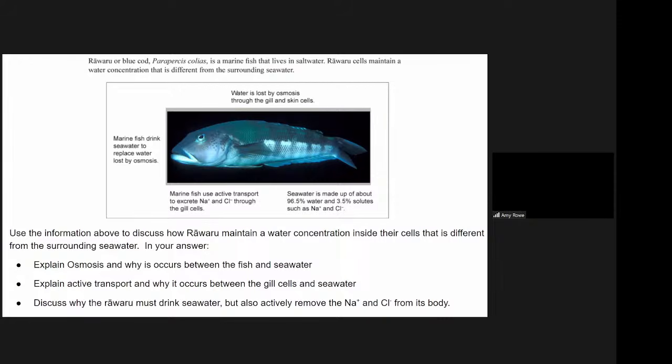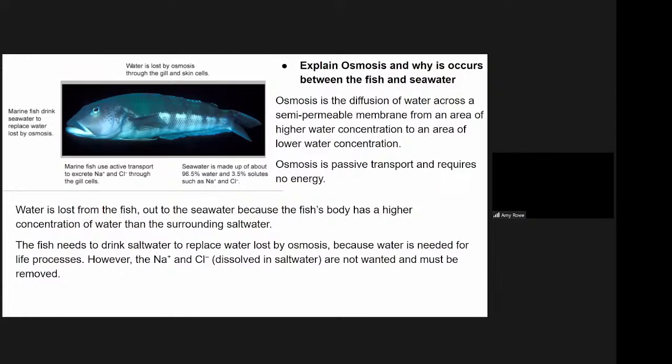You need to explain active transport and why it occurs between the gill cells and seawater, and discuss why the rawaru must drink seawater, but they must also actively remove the sodium ions and the chloride from its body. So you may have gone through this in your classes already, but hopefully I'll be able to add something there for you. So the first part of that question asks us to explain osmosis and why it occurs between the fish and